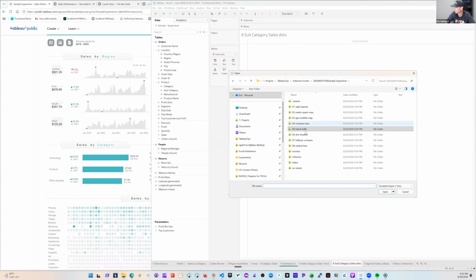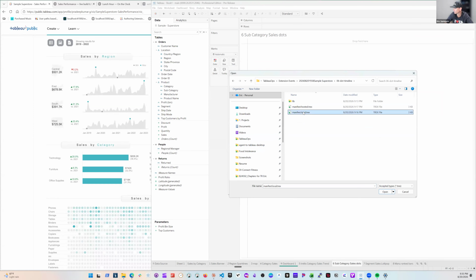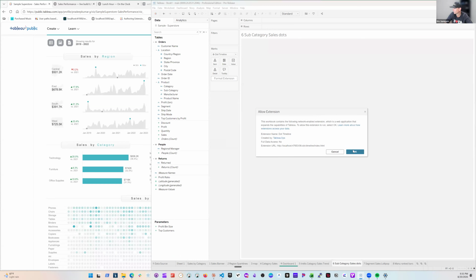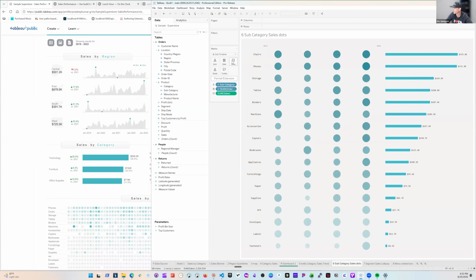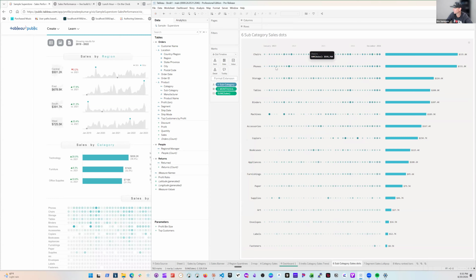Local. Let's go dot timeline. And then we got item, date, and value. Item is subcategory. Order date, sum of sales. So that's annual. So let's change it. This is monthly. So we go monthly and we see a nice dot